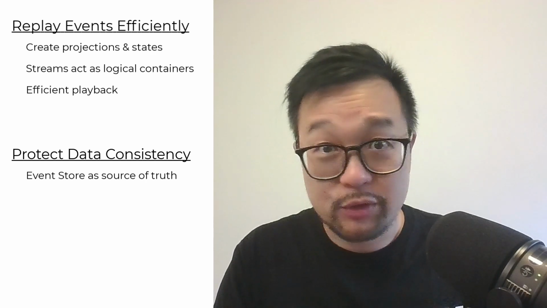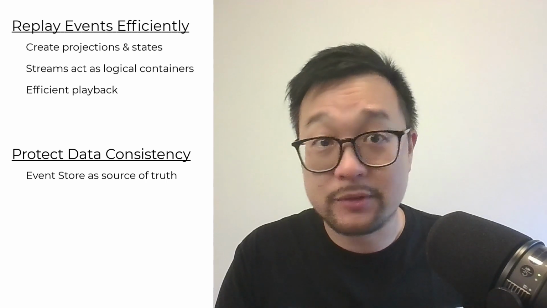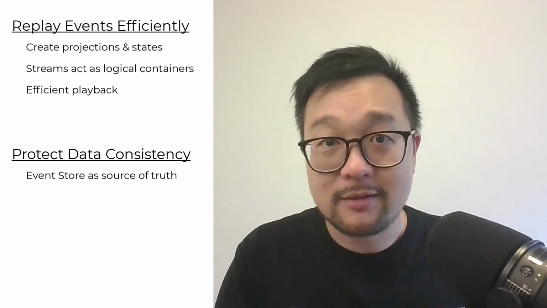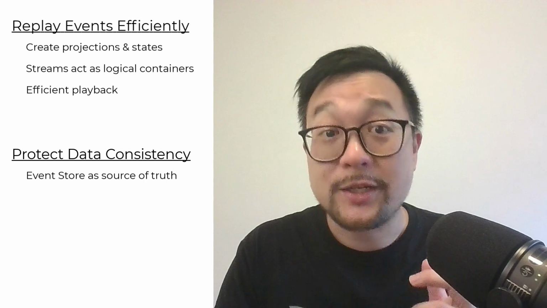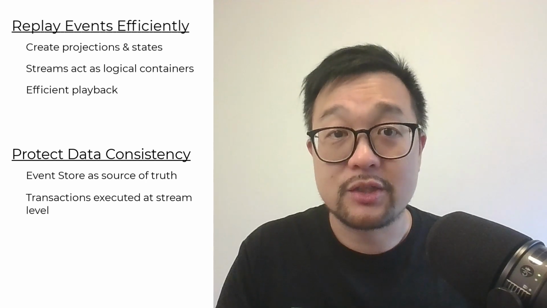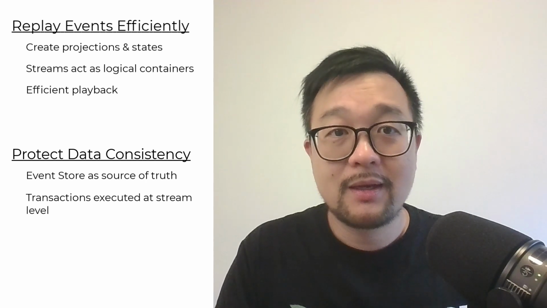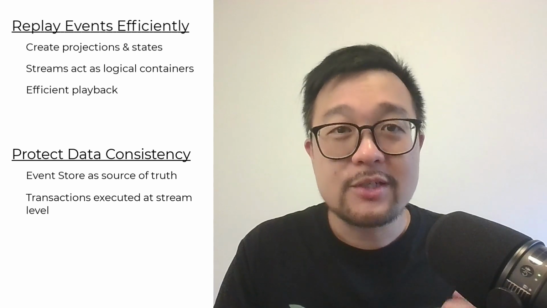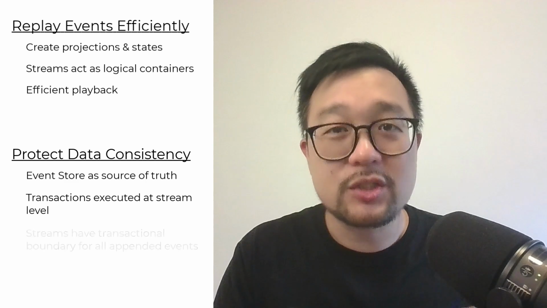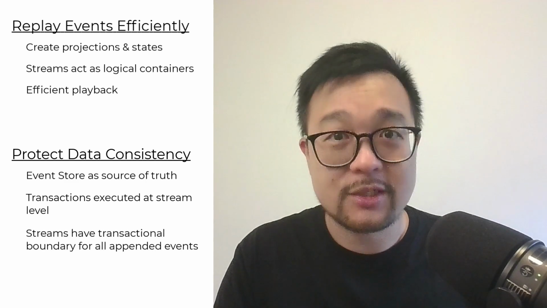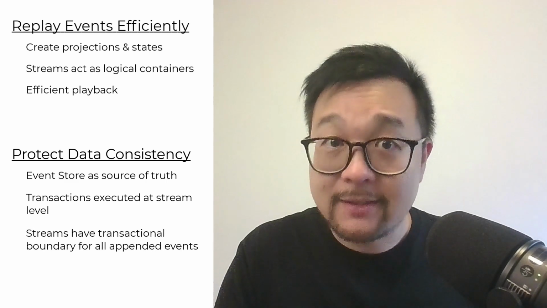Applications and databases traditionally are expected to enforce these business rules to keep their data consistent. Relational databases commonly use transactions to help applications enforce these rules. In event sourcing, transactions are executed at the stream level, which means each stream forms its own transactional boundary for any events appended